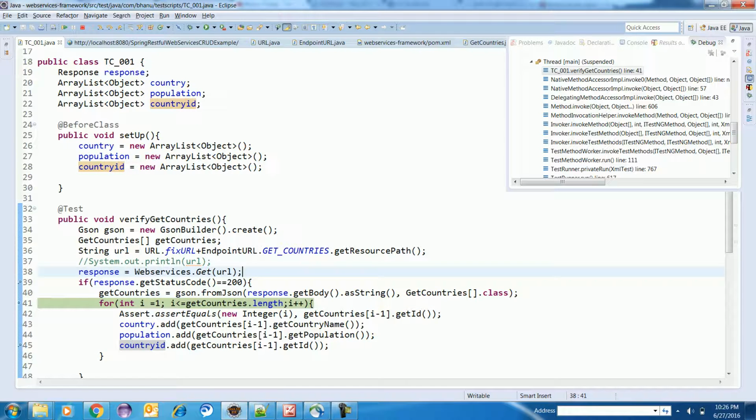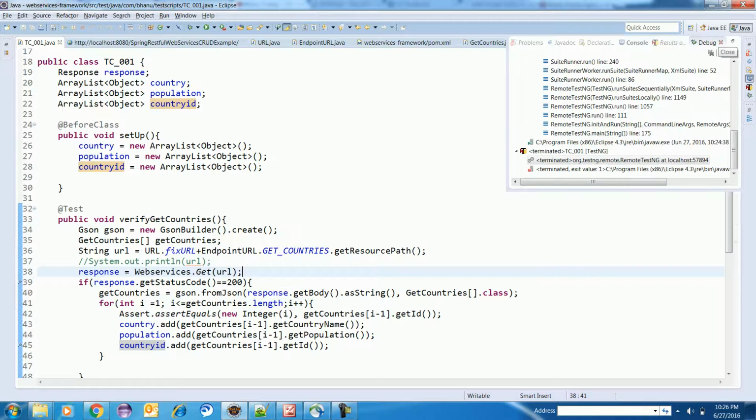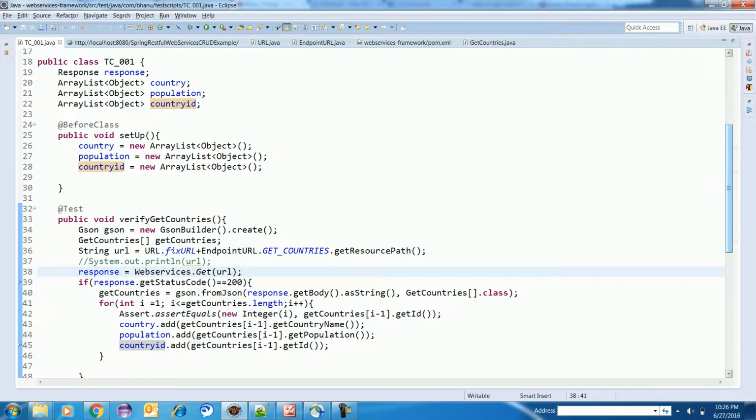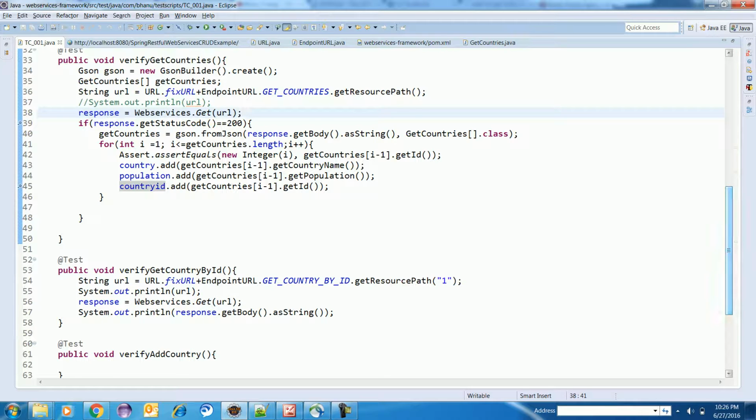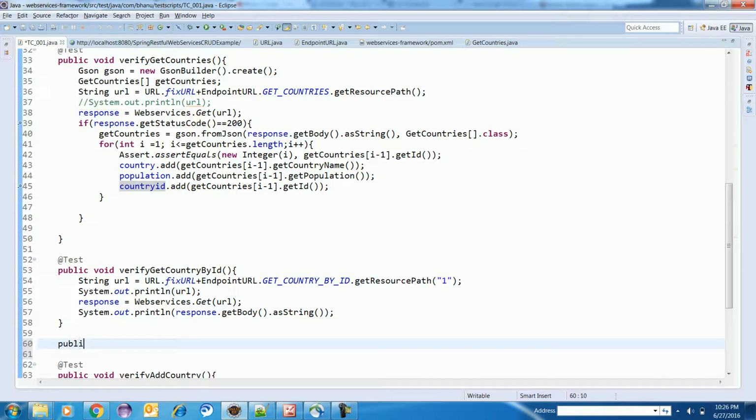Now what I will do is construct a data provider for that, because I want to get every country based on ID, right? I want to get every country based on ID. So I will write public void and here, get country by ID.